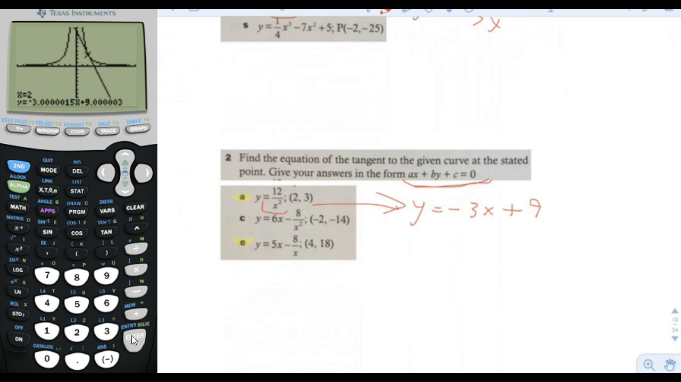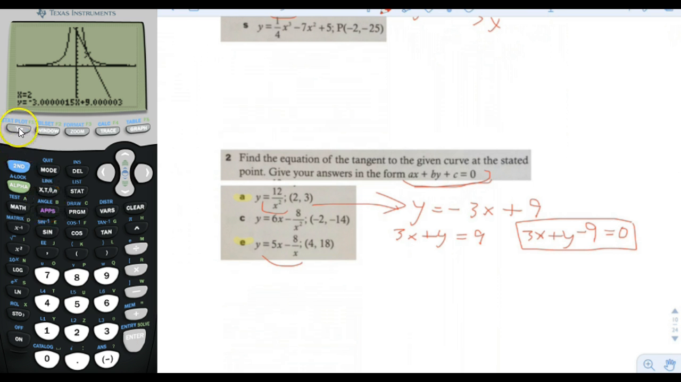Now to change that into standard form, you can see that we're going to put 3x on the other side, so we add 3x to both sides, which will give us that. And then we subtract the 9 to the other side so that we have 0 on the right. So we have 3x plus y minus 9 equals 0. Okay? And then for e,